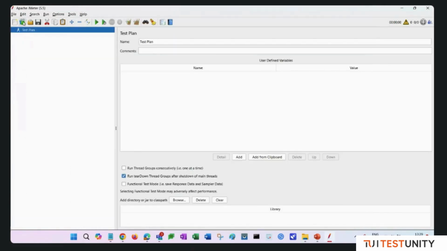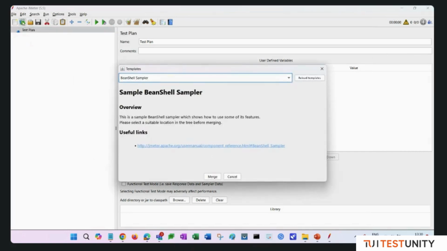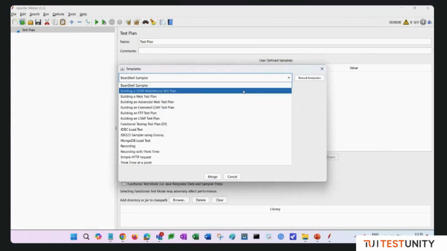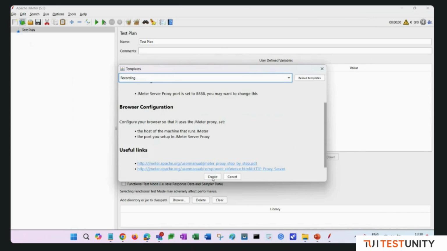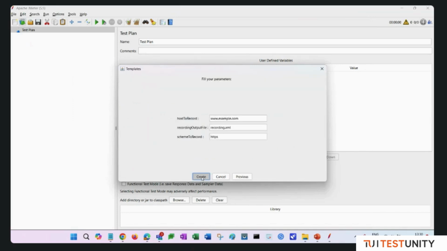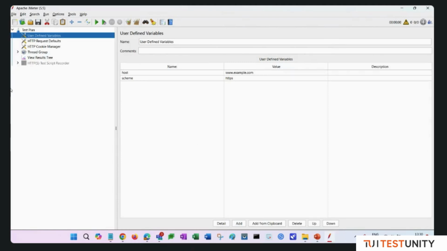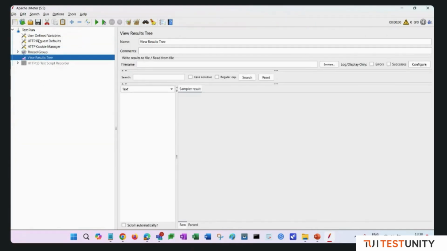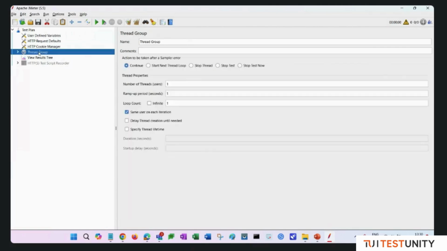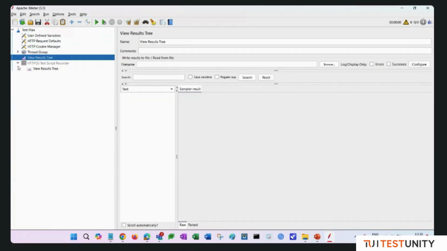And then the templates. So you can see there are many templates. Suppose I select recording and create. These are some default templates. So if I want to record, then from this template it created the default recording process. So in this way, suppose I want to create my own template,